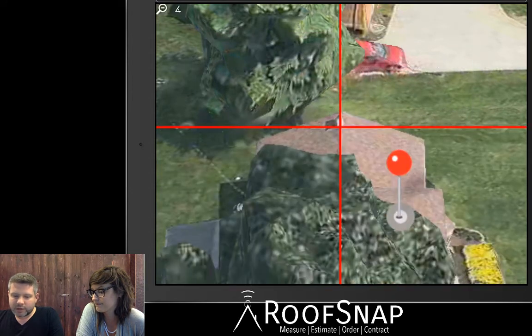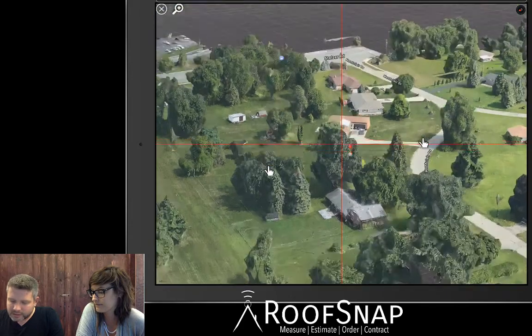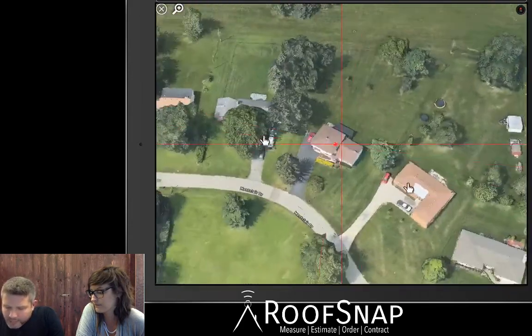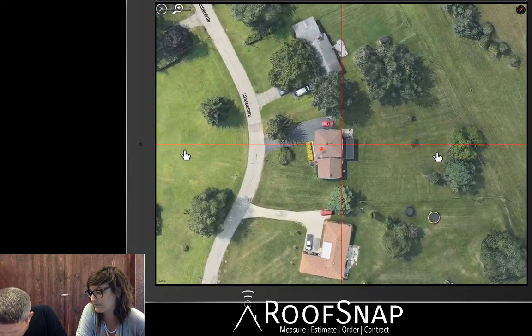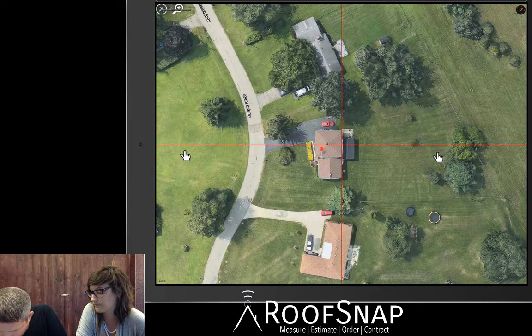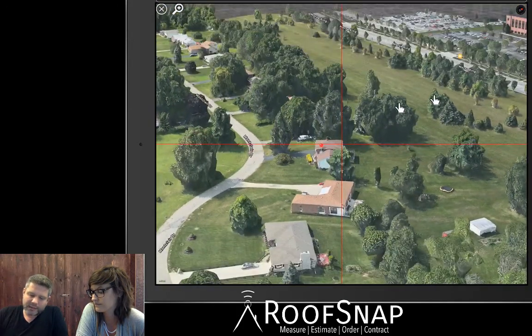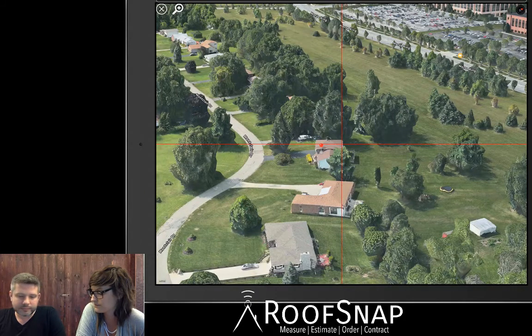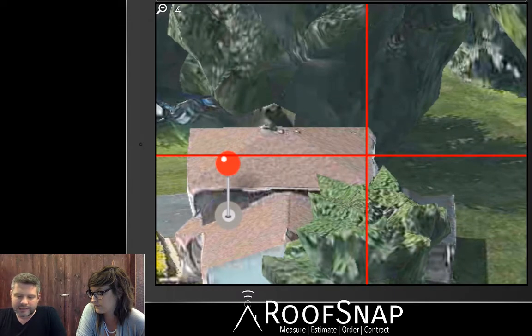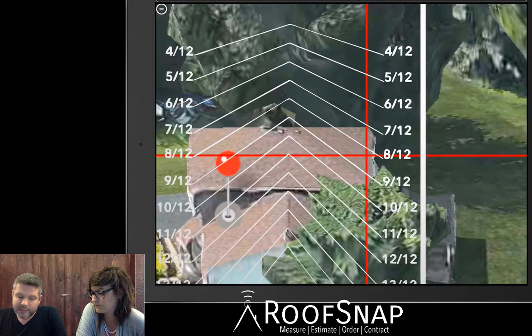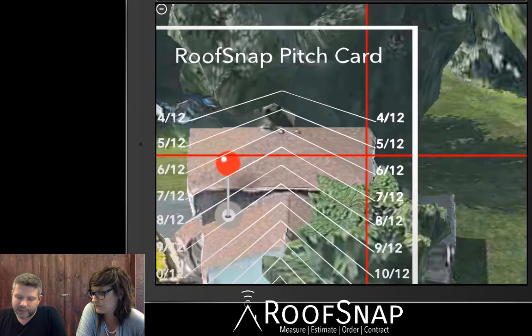Now I'm going to get pitch on one of the hips real quick as well. And this is a little more convoluted, and we have a bunch of videos that explain in detail how this works. But I'm just going to do it quickly. So I am lining up the horizontal line with the ridge and the vertical line close to the gutter. And then I'm changing the angle. I was straight overhead. Now I am at more of a bird's eye view. I've created a relationship between where those hips meet the ridge up here and down the slope. That's straight down the slope. So now when I open up my pitch card, I am expecting this to be 5/12 just like the other gable,